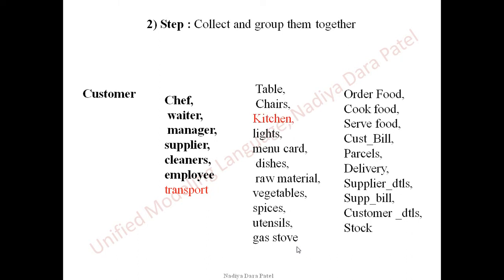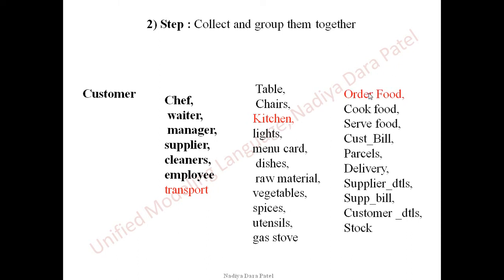Kitchen is a very important use case in our restaurant management system, because kitchen is something which is going to produce food. So good food, good customers for you. Not good food, no customers for you. So your system is completely going to depend on the kitchen and the production, that is the dishes, or you can say the food produced inside it.